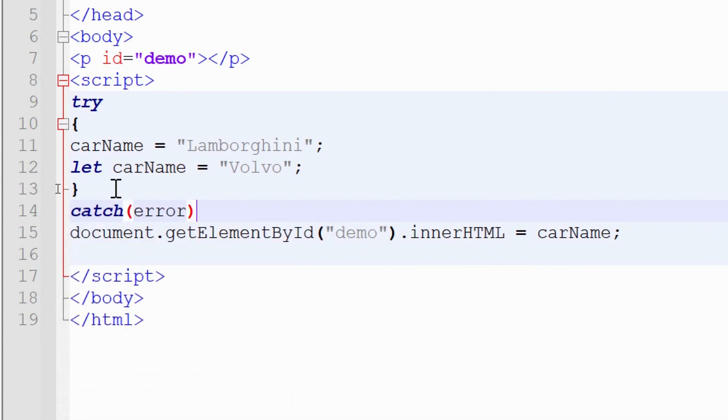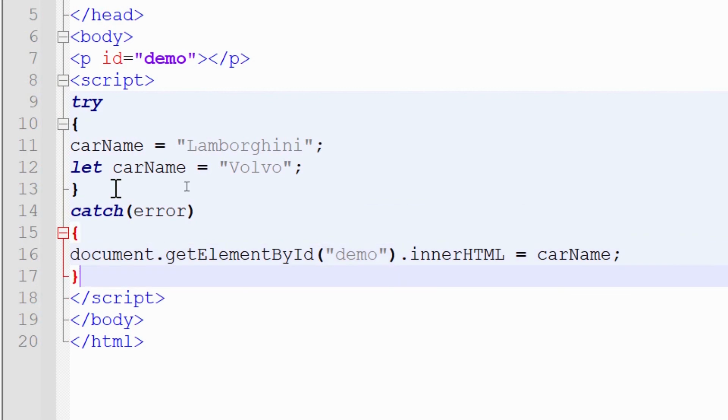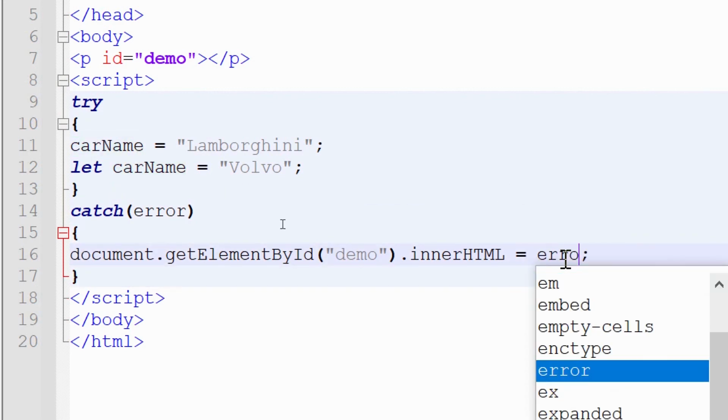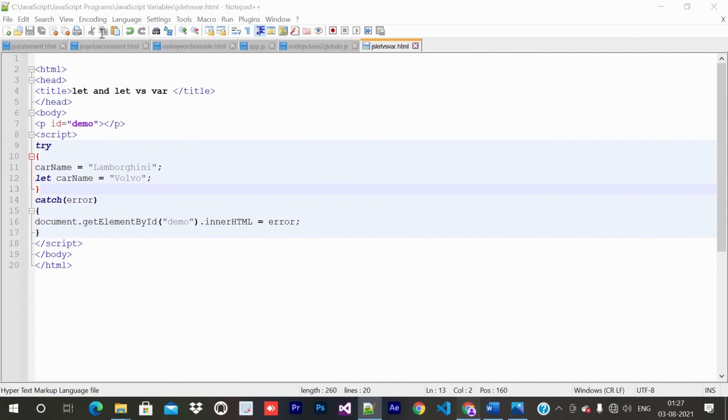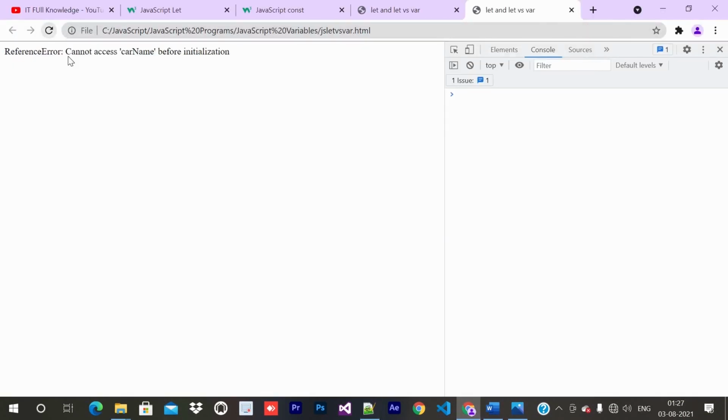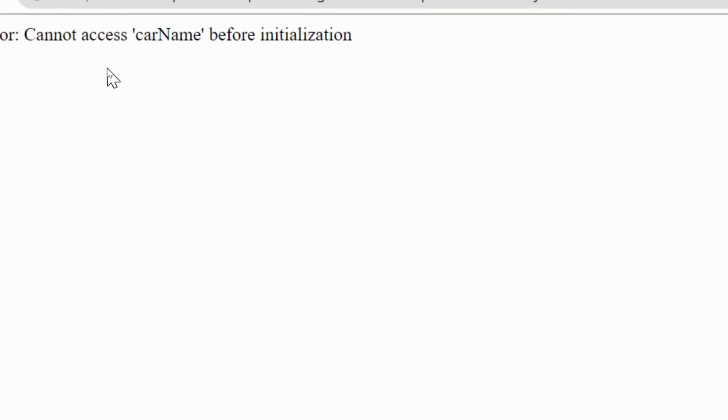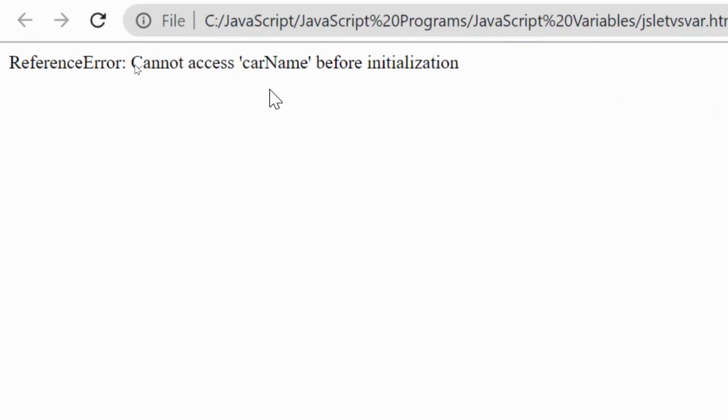So here we have written error, and inside here we know error can come, so it will give error. Let me just show you. So let me just come here and refresh. Reference error is coming, cannot access car name before initialization. So before initialization we cannot access it.